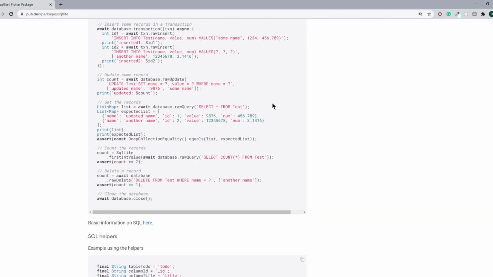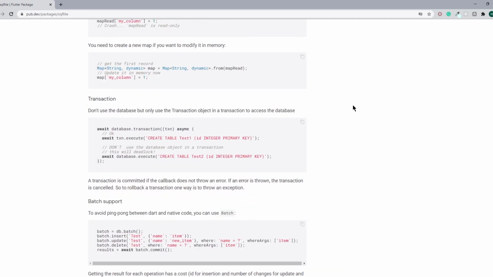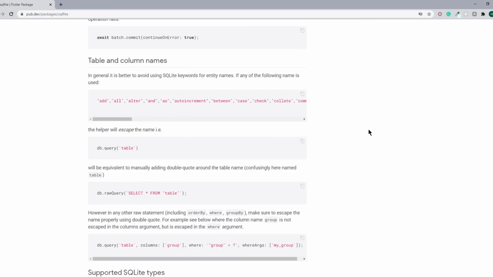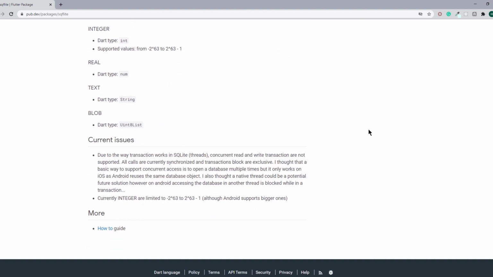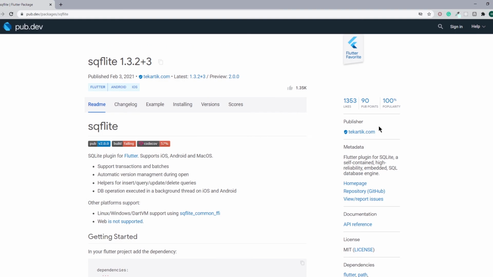The part which is given here is a bit complex, and it happened with me also that I had to refer to various different sources for getting started with SQL database inside Flutter. So you don't need to worry, I'll be guiding you and showing the best way to work with this SQFlite database in tomorrow's session.